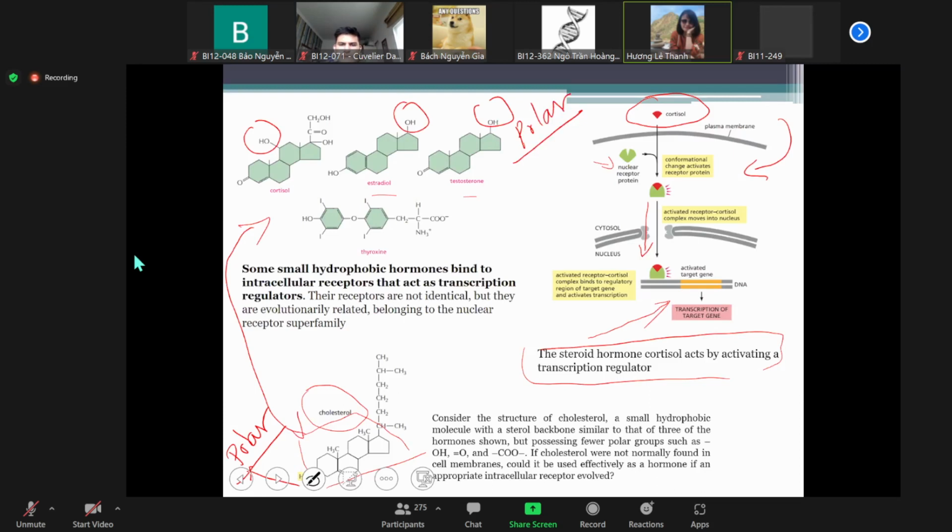So why not with the cholesterol? Because the hydrocarbon tail of the cholesterol is hydrophobic. So you mean this chain is hydrophobic? Yes. So what about the polar group here? What is the difference? Well,